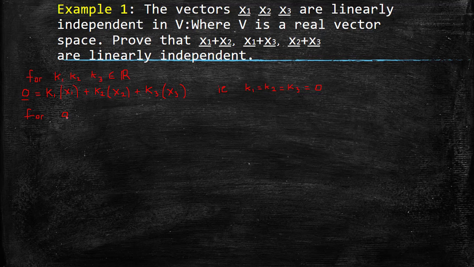So let's say for some a, b and c in R, there exists a vector such that